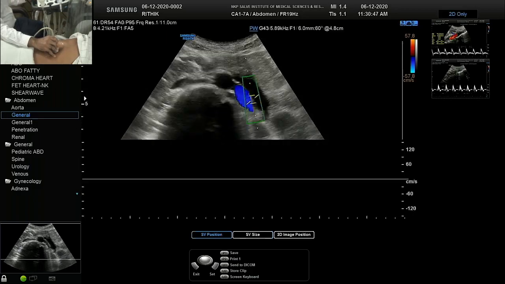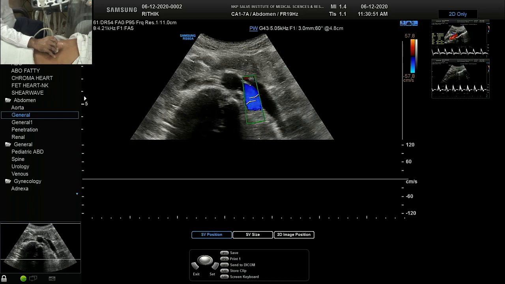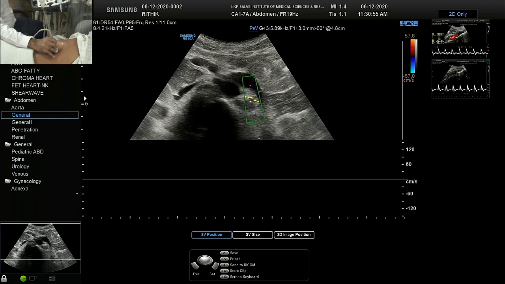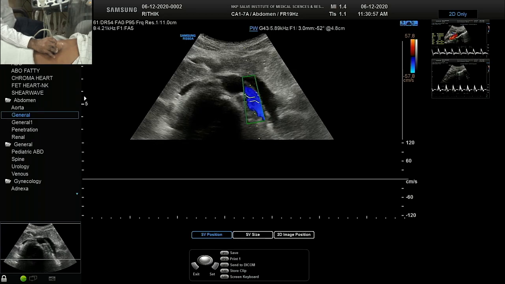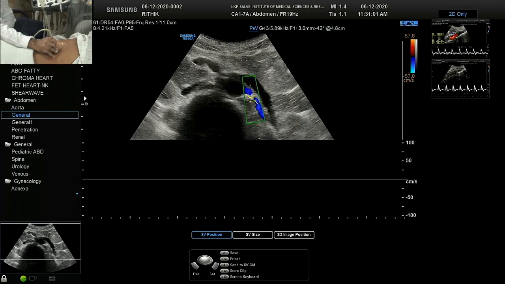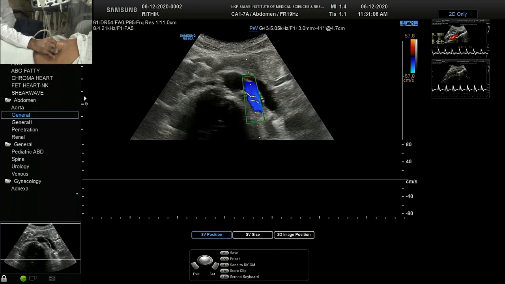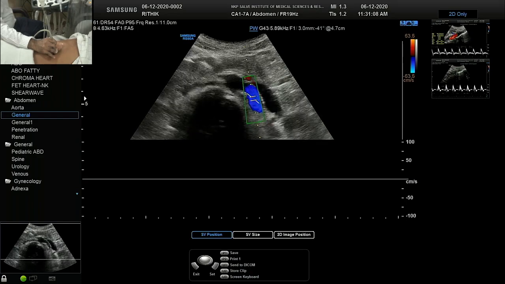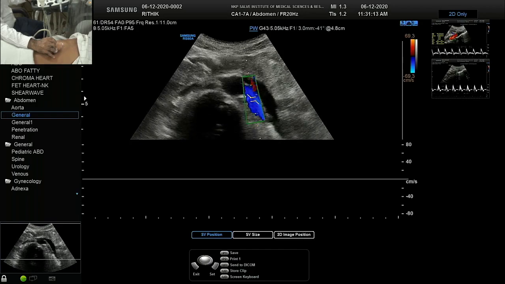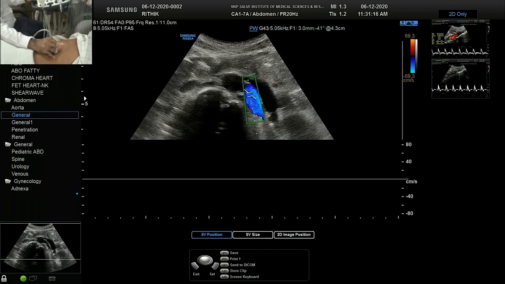Okay, now we will reduce the sample volume size which we had increased. We know the renal artery caliber is quite small. Get the angle less than 60 because it is making an angle. Okay, increase the PRF a little bit more. So you do all these settings before putting the spectrum, that reduces time, and once that is done, then you can take a spectrum.